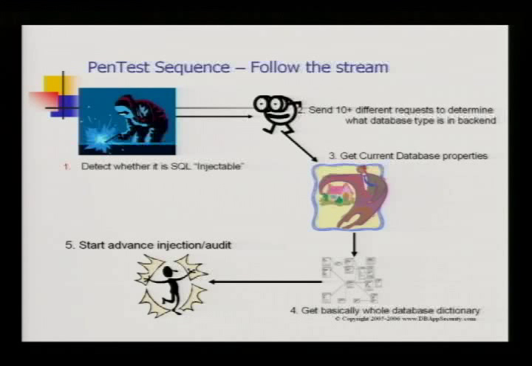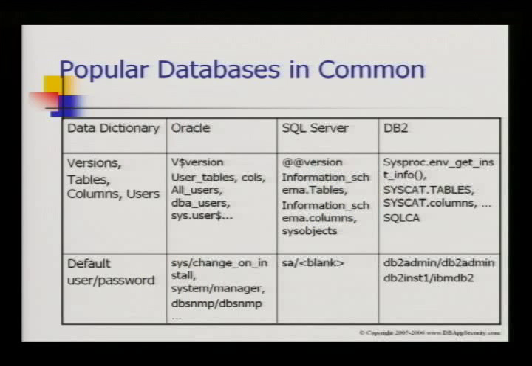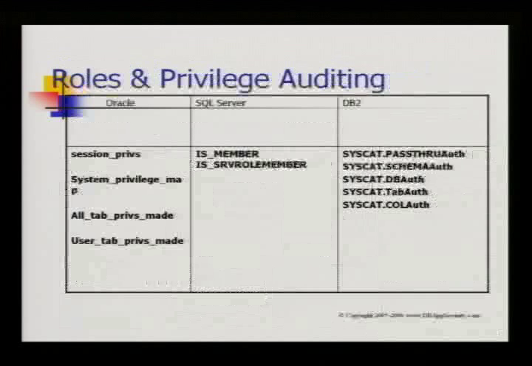That's the one thing, but like I said, there are other ways to gain information. And then you can start dancing, because you can do advanced injection and advanced auditing, since you already know the context. I will have to skip some of the slides because I have very limited time and 36 slides. But it's very detailed here. Database common things: roles and privileges for different databases,